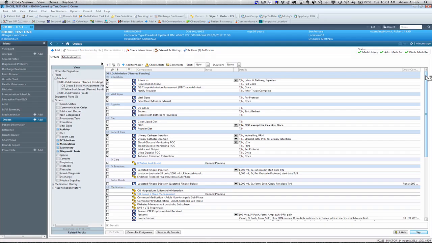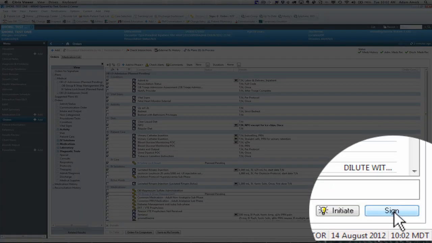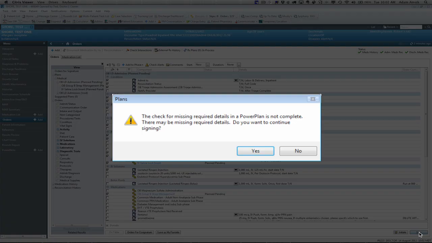This takes us to our next topic, which is planned power plans. A power plan can be placed on a patient with a pre-hosp encounter from the office. So if we knew that test 1 Shore was coming over for induction in 2 days, as the physician, as the provider, I can go ahead and plan the power plan so that way when the patient arrives, nursing would initiate. To put a plan in a plan state, select sign,